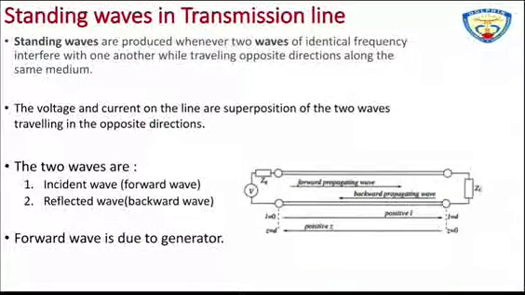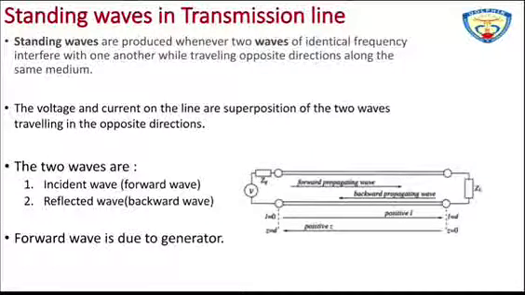Next, moving on to the standing wave in transmission line. If we see the standing wave, how are these waves produced? You have the generator at one side of the transmission line and at the other end you have the load. So if you have a generator that will be generating energy in the form of voltage or current, as this is a transmission line, this is also having some transient effect. So the voltage and the currents here are in the wave nature.